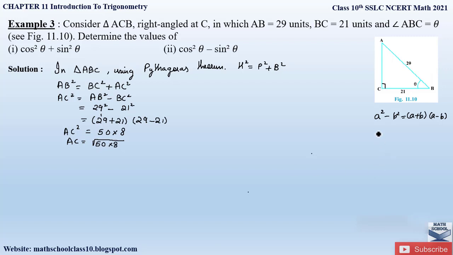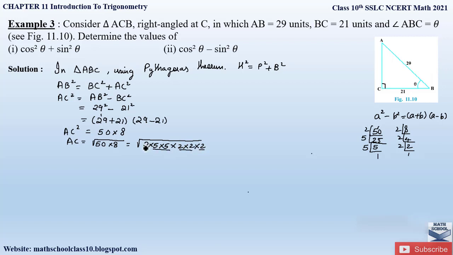Now let us find out the factors of 50 and 8 so that we can find out the square root of this value. So factors of 50 will be 2 2s are 4, carry 1, 2 5s are 10, then 5 5s are 25 and 5 1 times. Factors of 8 are 2 4s are 8, 2 2s are 4 and 2 1 times. So therefore 50 can be written as 2 into 5 into 5 into 8, factors are 2 into 2 into 2. So let us do the pairing of numbers.